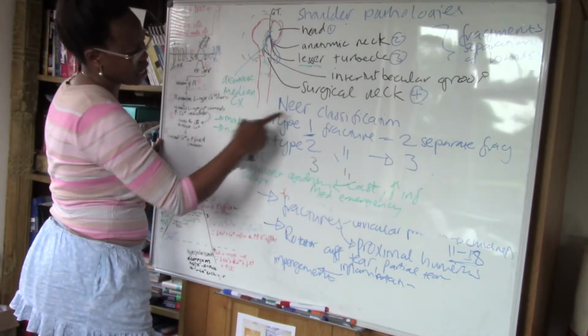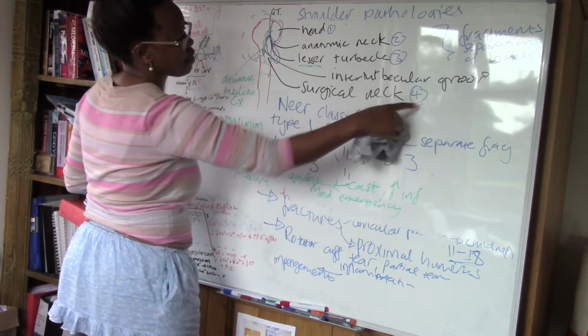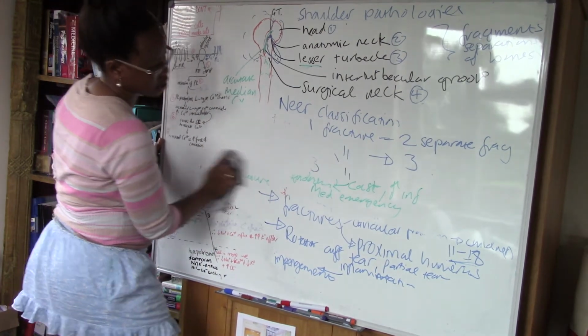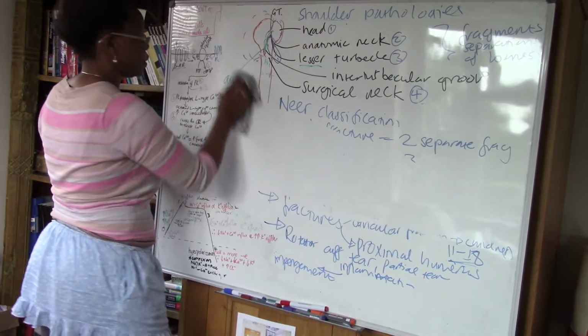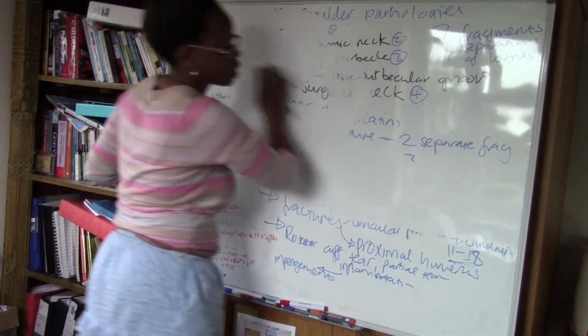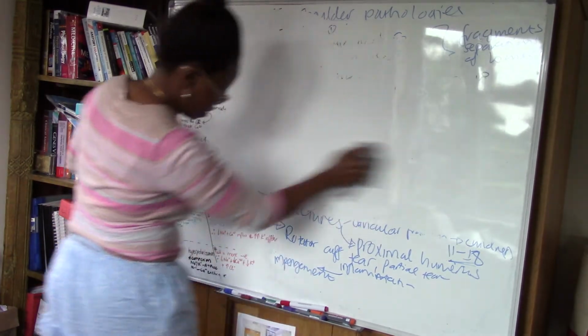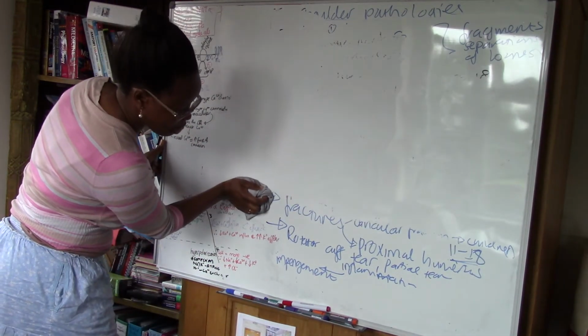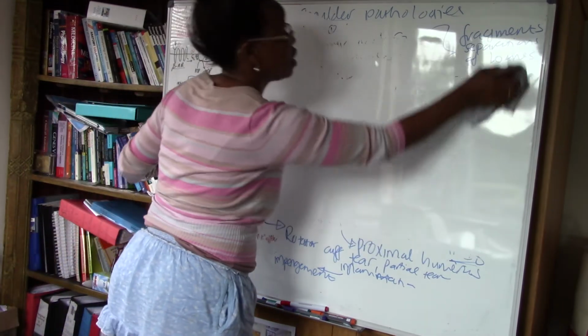And obviously the Neer classification, yes, I did mention that there are 4 types, so that can go as well. And then I think I now need to look at the